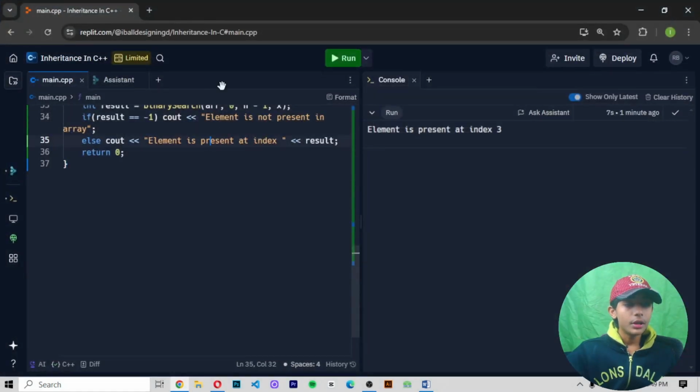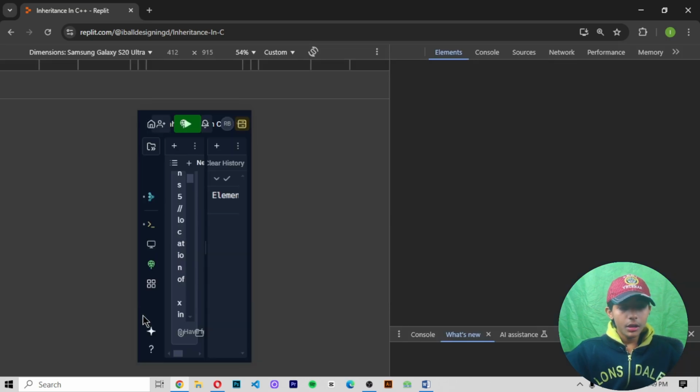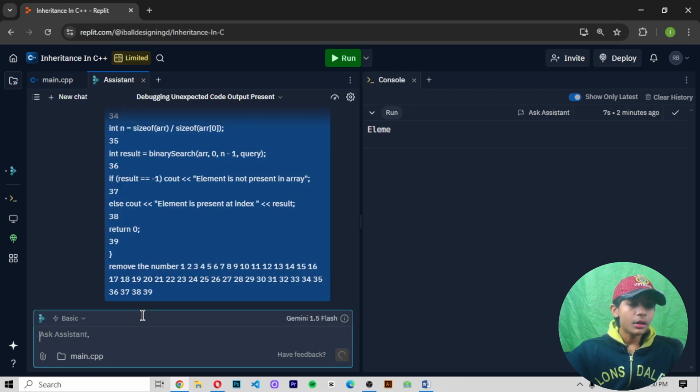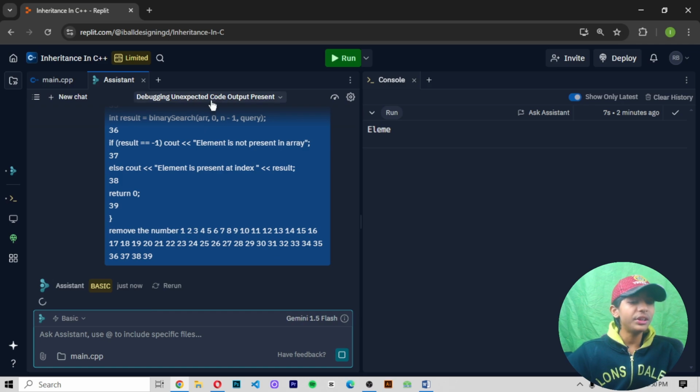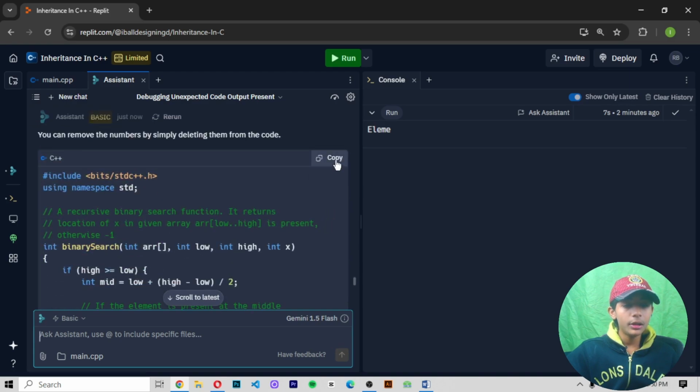This is one example of the recursive approach. Let me paste it and remove the line numbers. Okay, now it has started removing them. When it has been removed, we will copy and paste it, then it will give me the output. It takes a little bit of loading. So now you can see it doesn't give me all the output.